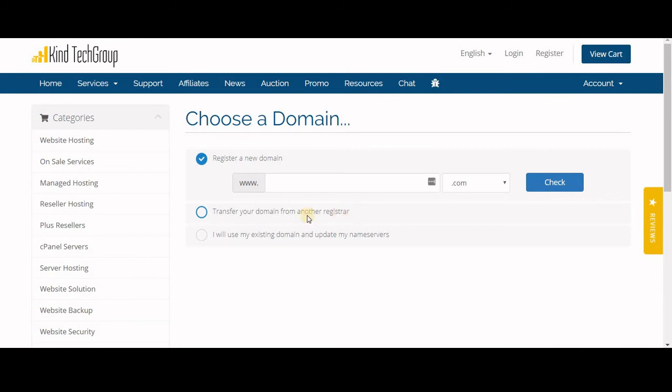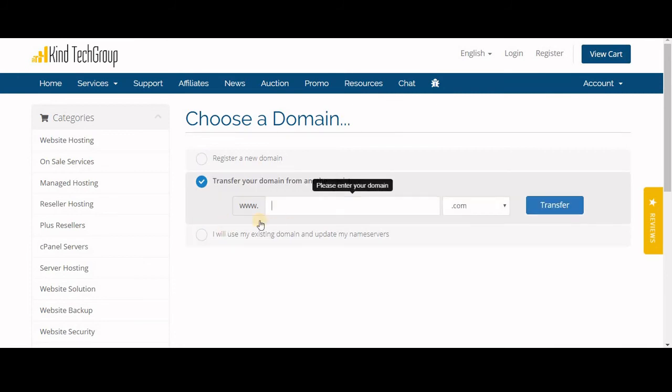So you choose this one and then add your domain name. And then if you want to use your existing registrar, let's say if you want to manage your domain name from another company, let's say GoDaddy,